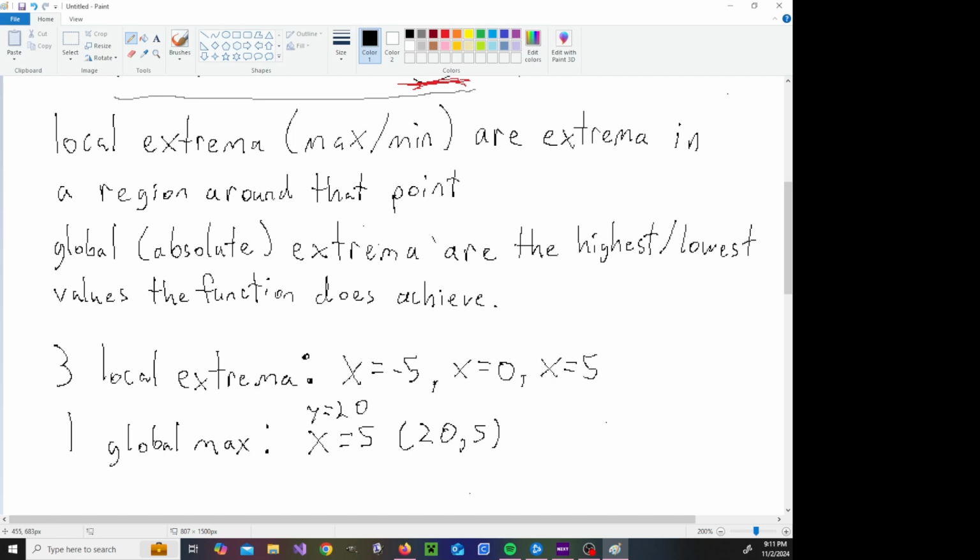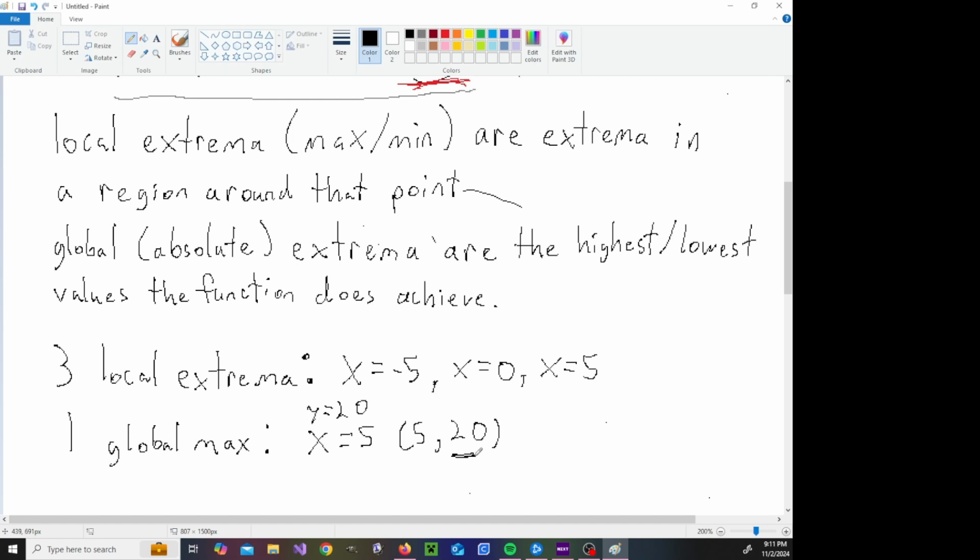Because if I said, what is the highest value that the stock will ever achieve, and you just told me 20 days in, well then I don't really want to know when that happens. I said, what is the maximum value? I want to know what the value of the stock is, not just the time that it occurs at. So, oh, hold on. I don't know why I wrote the x and y value backwards like that, right? That's 5 comma 20,